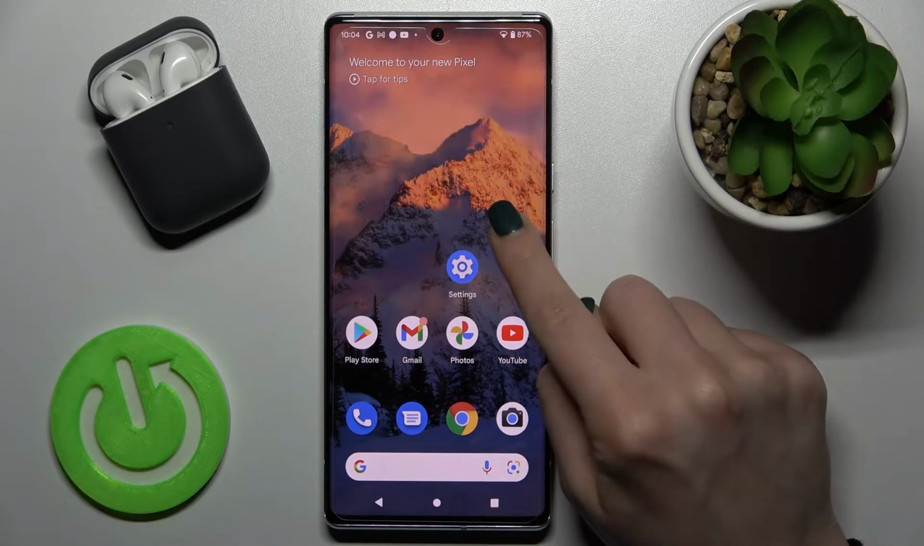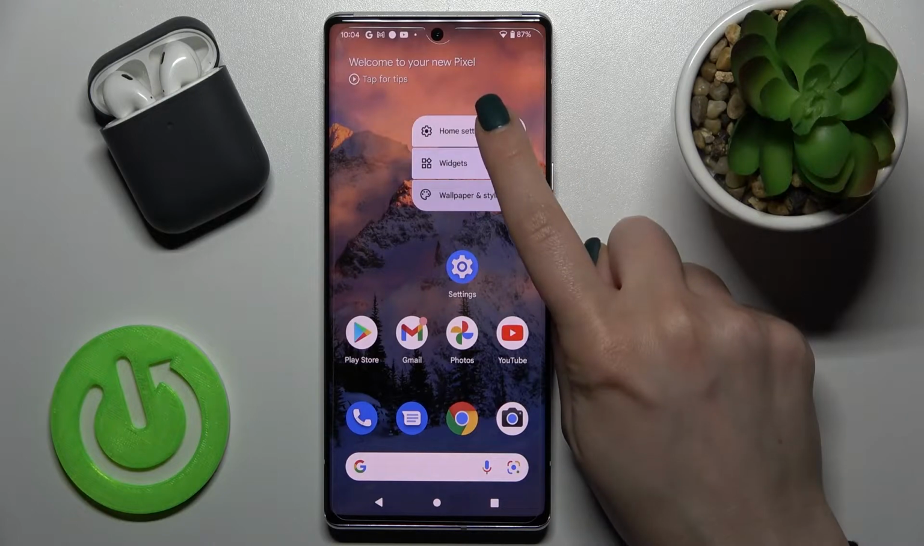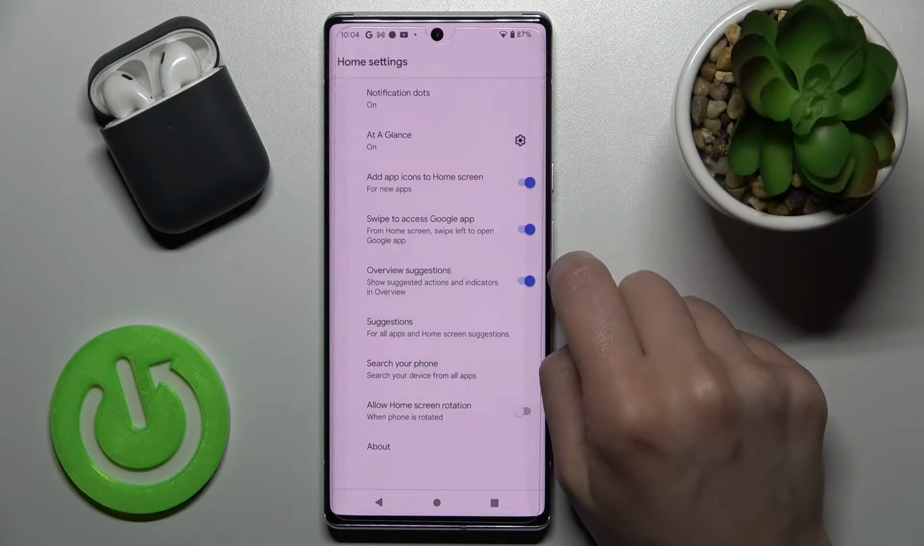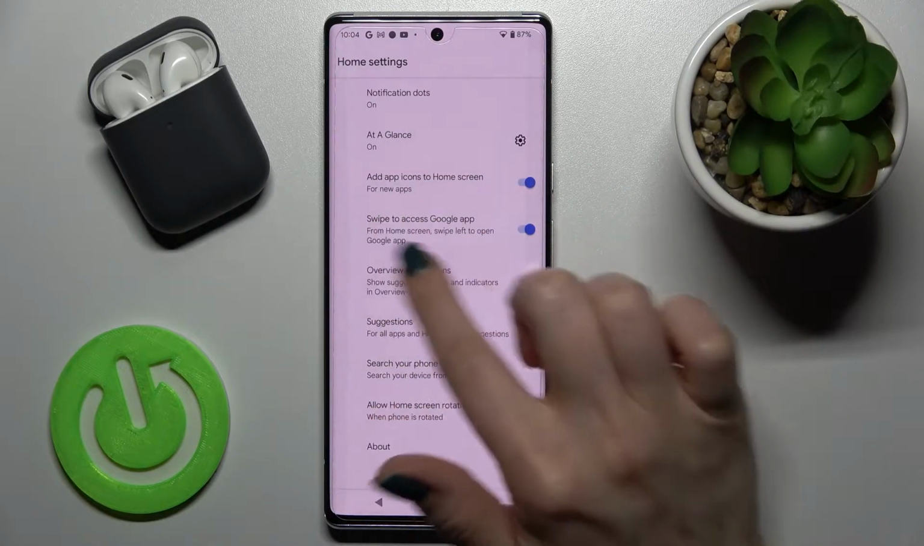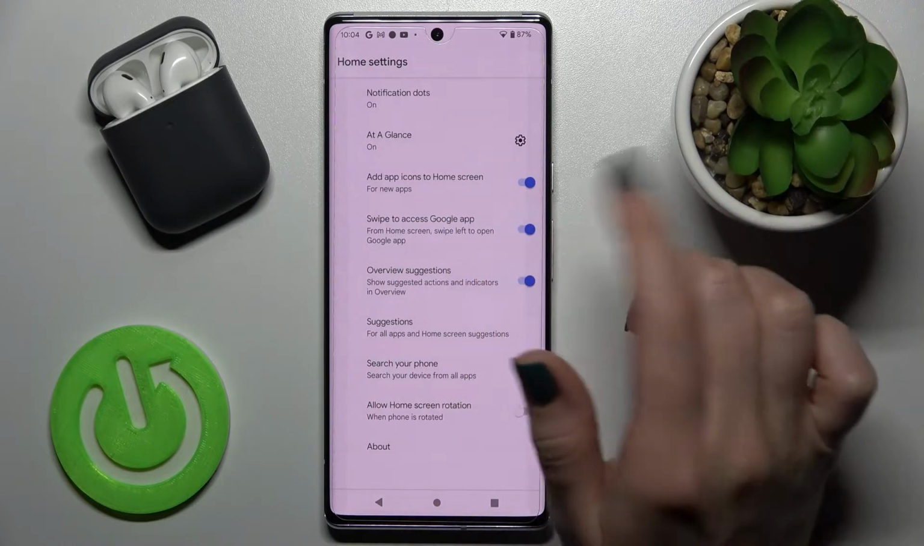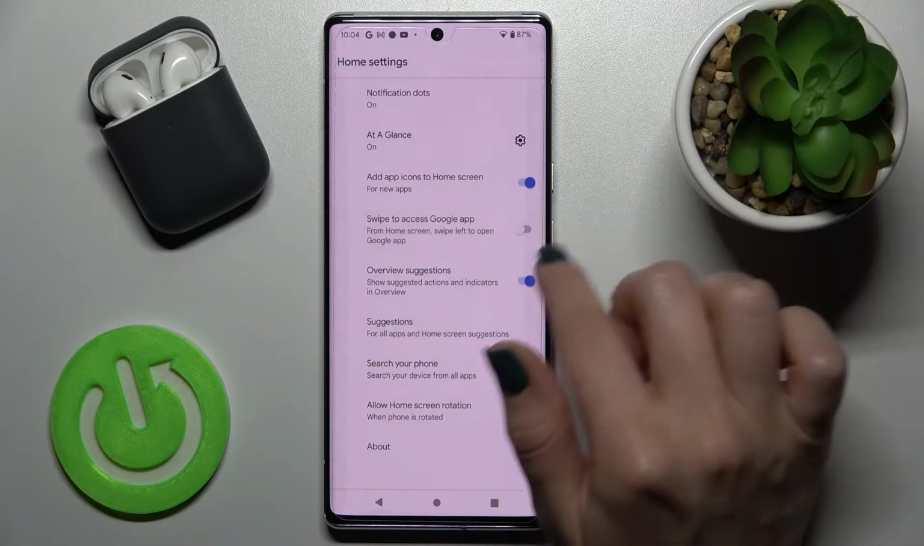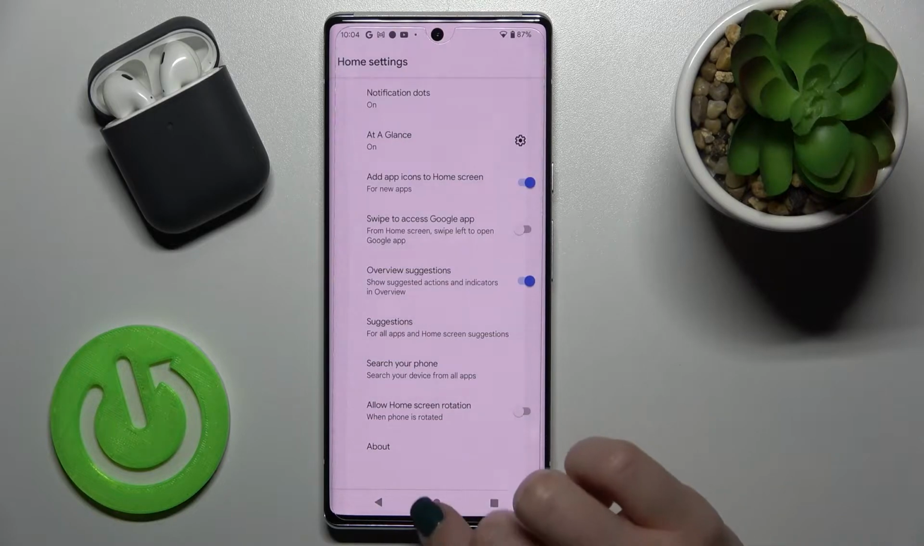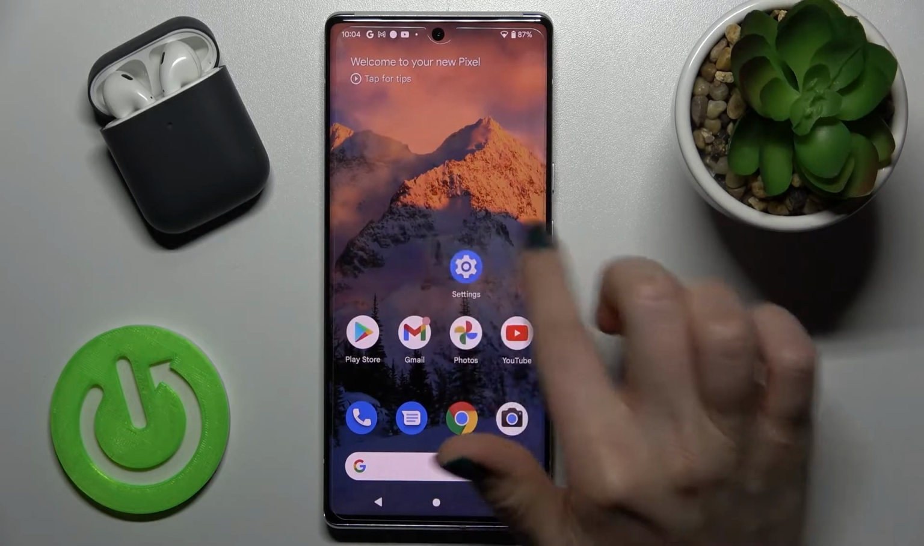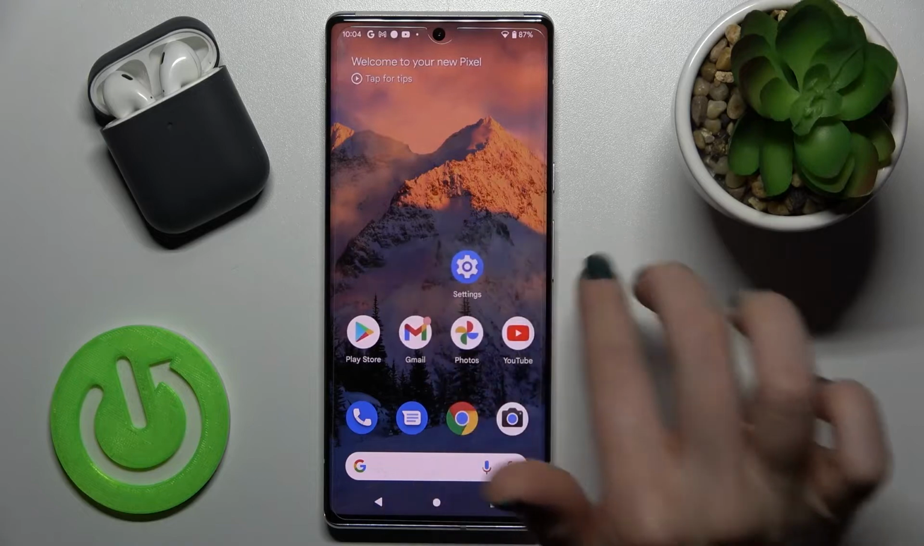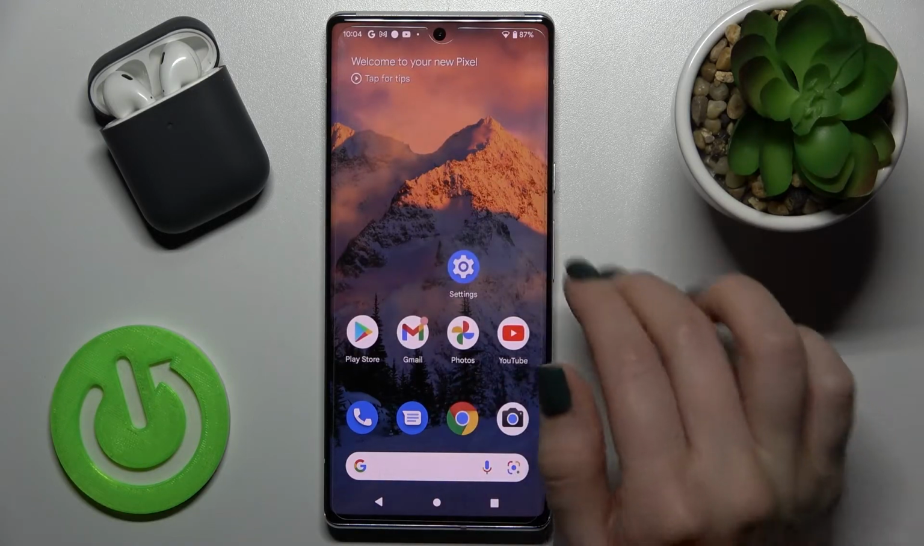Now just hold your screen for a while and you'll see the home settings section tab there, and here you get the swipe to access Google App Switcher. Just tap once on the switcher to turn it off, and now we'll go back to our screen. And as you can see now, when I'm swiping with my finger to the right side, I can't